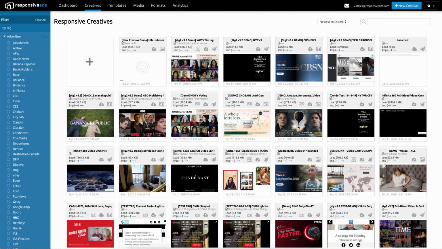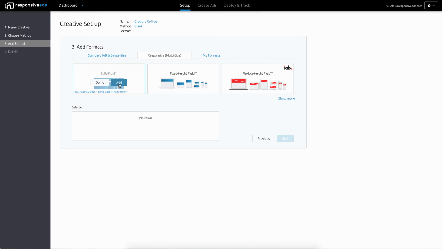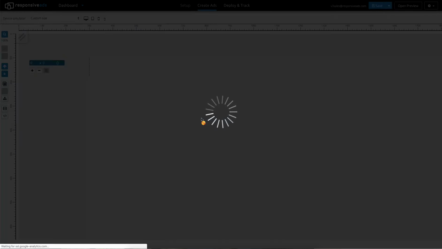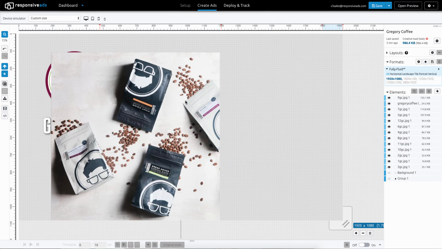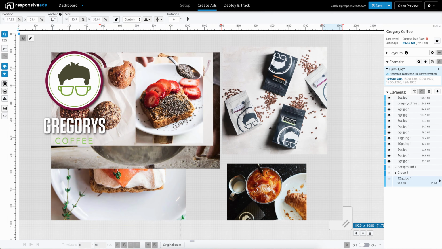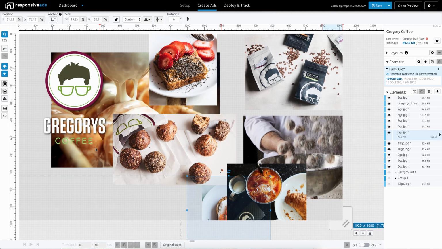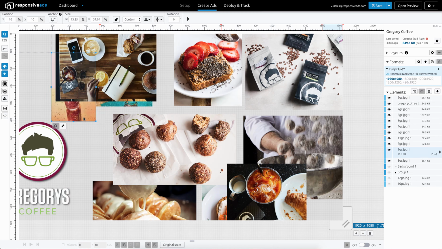Hi everybody, I'm going to give you a quick tutorial on how to build the animation timeline. First, we start out with building a creative. I'm going to do this really fast, just so we can have a creative ready to go to show you the animation timeline. I'm basically using Gregory's Coffee with a bunch of images that are set up in a tile